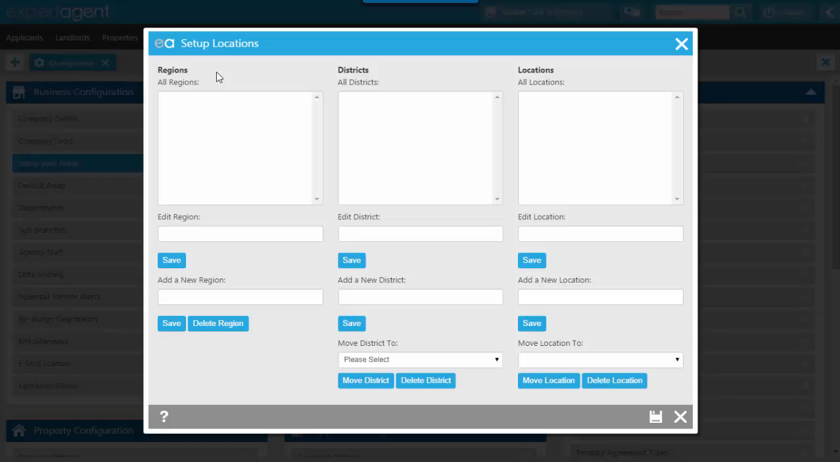So I'm going to go with the example that we're going to start with all areas. So in the regions column, I'm going to click in add new region and put in there all areas and then save. If I now need to add a district to this, I need to click onto all areas and then click into add new district, and for example put in there Bath. If I then click into Bath to add the locations into Bath, I need to then select add new location